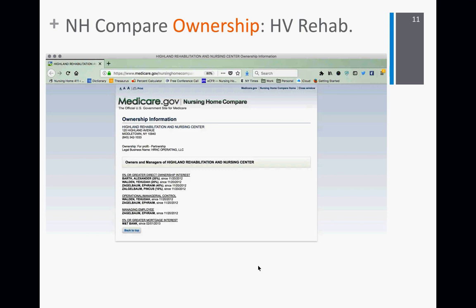Because too many nursing homes, in my opinion, or from our view, are owned by limited liability corporations. Some of them have different names. There's not a great ability for us as members of the public to connect different owners together, even when they have. So some of these people, I have not looked into them individually, but some of them may own other nursing homes. How are we looking to see whether someone is an owner of good nursing homes or someone is an owner of nursing homes that are not performing well, not putting money into staffing, etc.? That still remains very difficult to do, but this does give you some insights into who actually the ownership is,